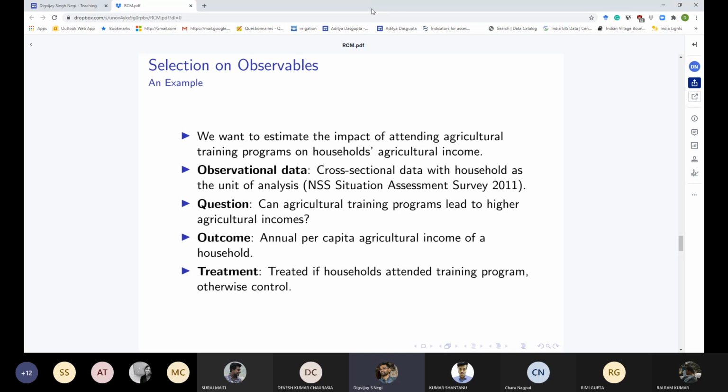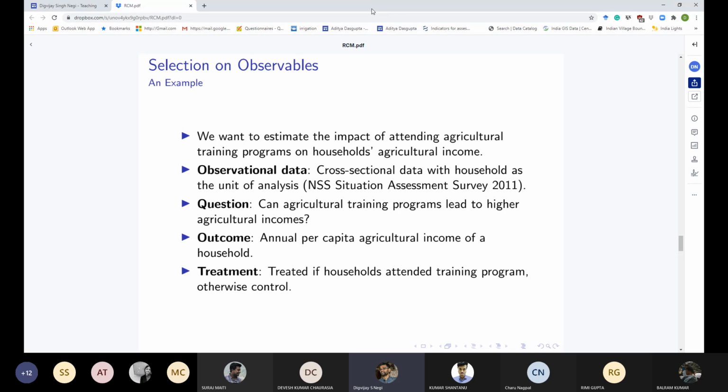To increase farmers' productivity. Why would you like to introduce farmers to new technology? Why would you like to introduce them to new ways of doing things? The reason is we want to increase their agricultural productivity, right? Because as you would know, agricultural productivity in India is quite low, right? And a whole lot of individuals are employed in agriculture. So that is a big issue, a big problem.